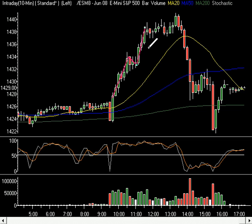And at this point, you're getting toppy. And you know you're getting toppy because you're starting to get topping tails. Little topping tail there, a little tail here again, a little tail as they push it up again. Market's kind of going sideways. Then they get that final push here, getting all the little longs to go long here, especially when we were